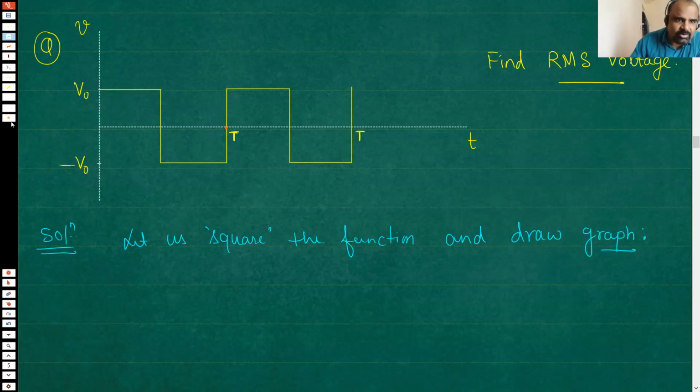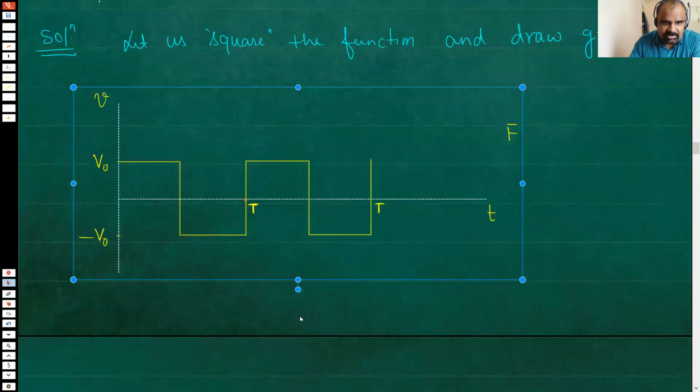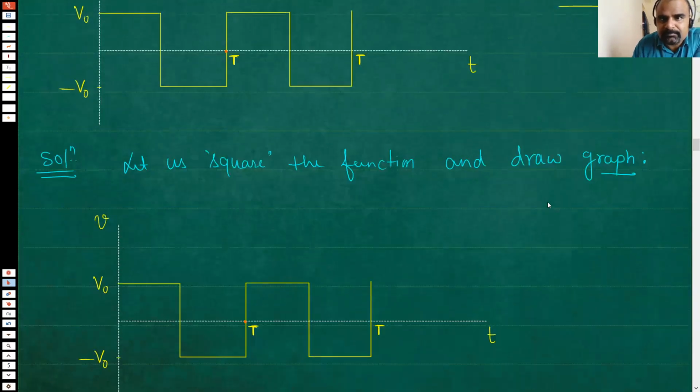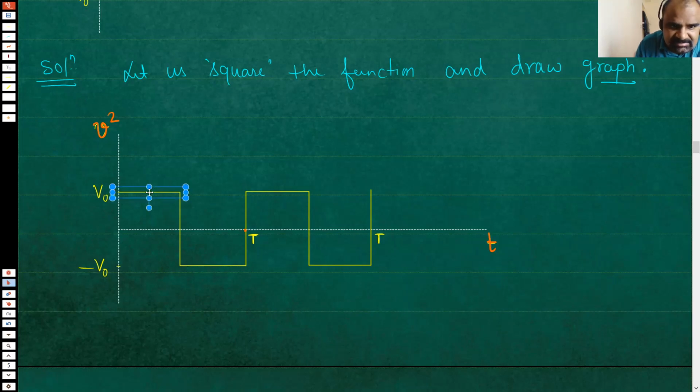So when we draw graph, I will copy this diagram. I had drawn this diagram with so much of hard work. I don't want to do that hard work again. So I have copied it. Now I need to make few changes. The first change I will make is that this is not V graph. This is V square graph versus time. Things will change. What will change is that this voltage will be a little above, because this will not be V0, this will become V0 square.